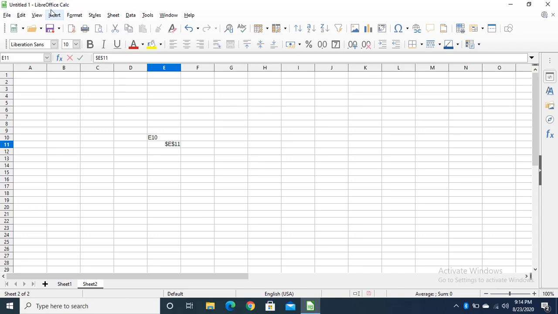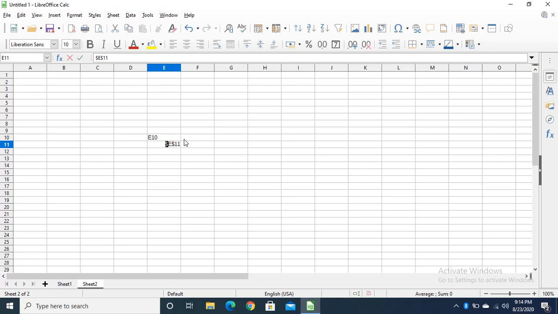Let me show you, just wait. This is absolute cell reference. This is the dollar symbol, this one. When we put the dollar symbol in front of column header and row number, it represents absolute cell reference.